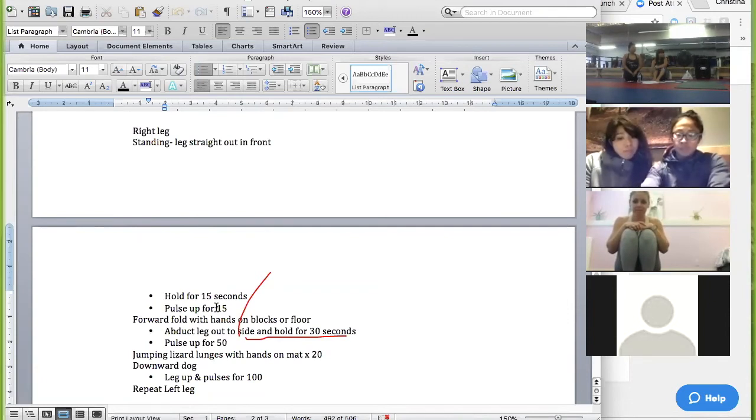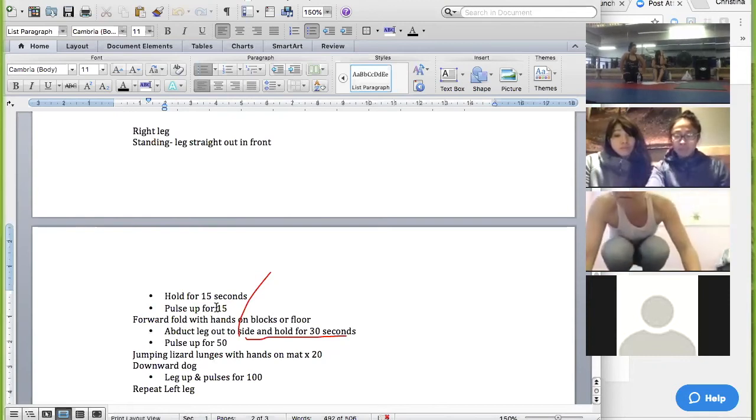I know it's something that I forget in my studio because our studio's quite big, so I don't have to count people off and do any of that. Sometimes I forget to mention that because my room's so big, everybody's got space. But really be mindful: count people off, make them stagger, make sure everybody's bar is over to the side or in the front. The front is the best place if they're doing jumping jacks and all of that. Sometimes I have them put it on the side if I want them to access it on their backs. But otherwise, the front is usually the best place so that people aren't doing burpees and rolling on their